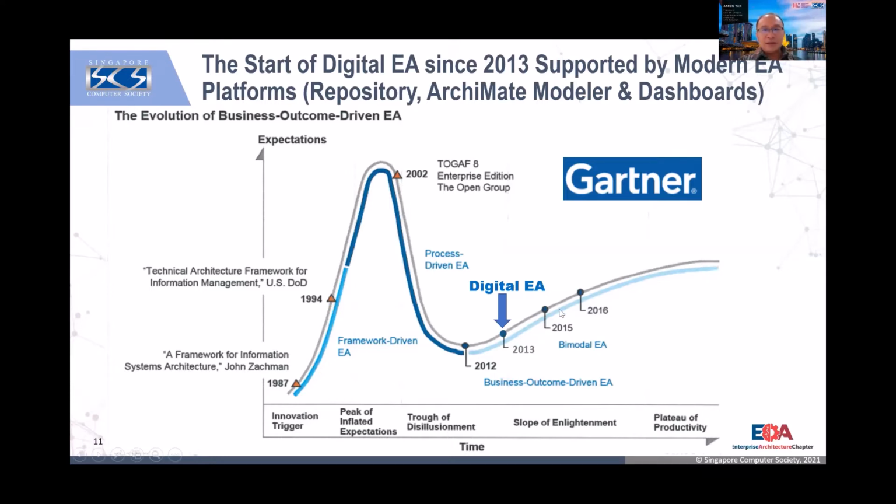But interestingly, Gartner has been following the data, and in 2012 actually made the turnaround, where enterprise architecture focused a lot on business outcome-driven EA. Then, today, in the most recent IMDA SkillsFuture framework, it has a lot of business components and business aspects, which is the right way of doing enterprise architecture.